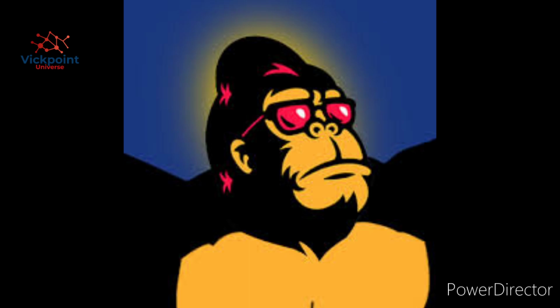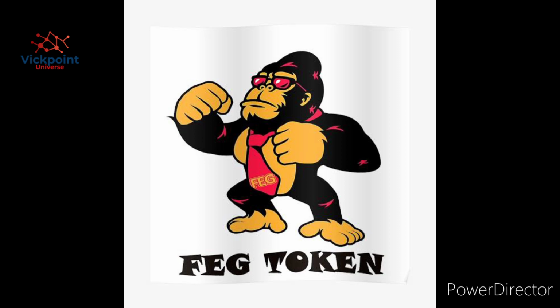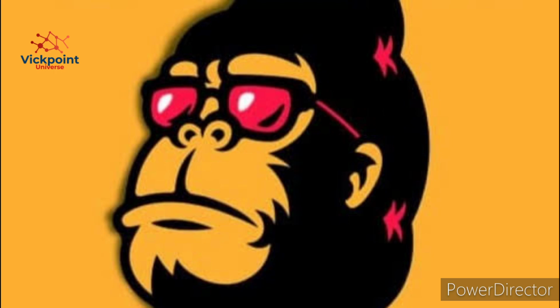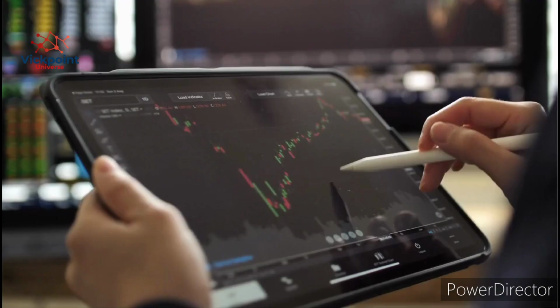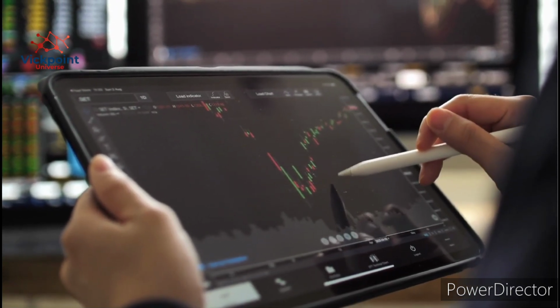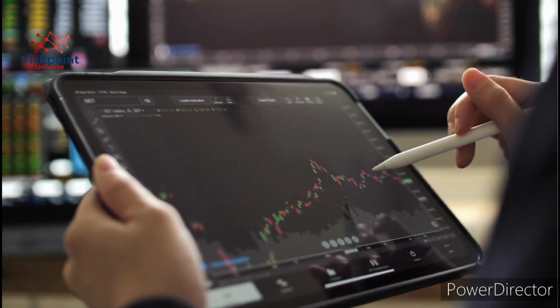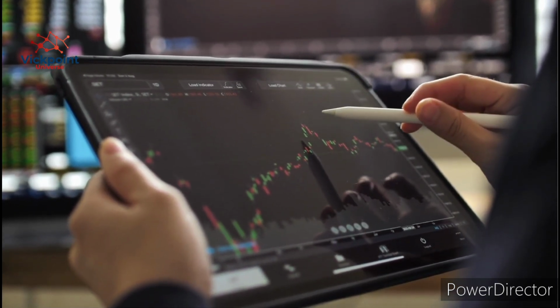But now let's take a look at the price analysis. How much can you get in return if we decide to buy 100 billion coins? Now, $64 at the time of recording this will give us over 100 billion coins. If fake token deletes 1 zero, definitely you'll be making about over $600. Okay, I think that should be $650. By the time you remove your initial investment, you'll be getting about